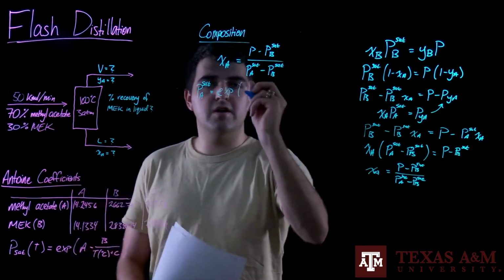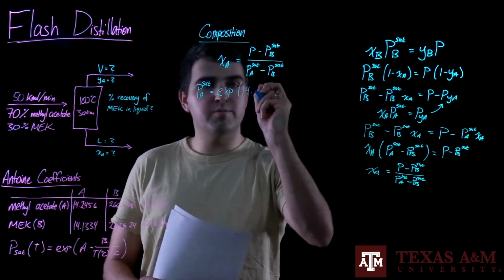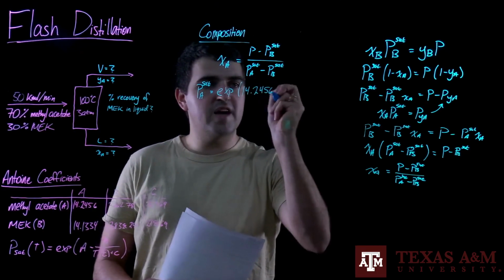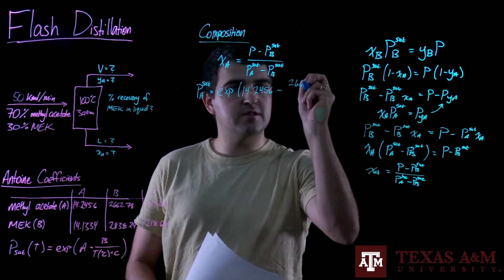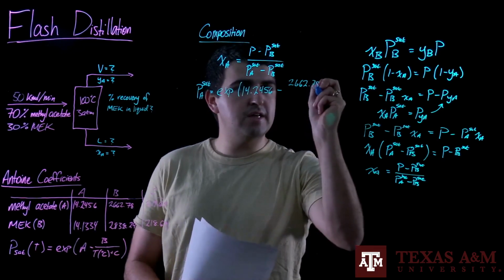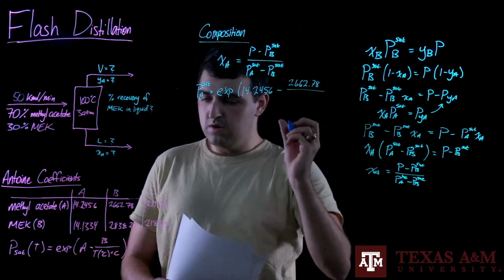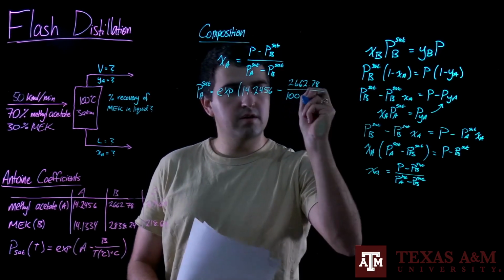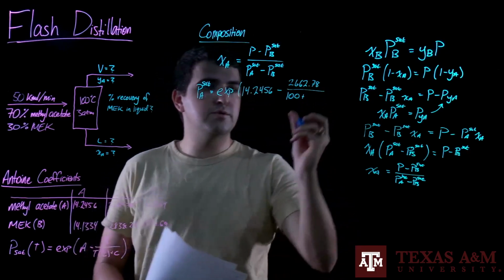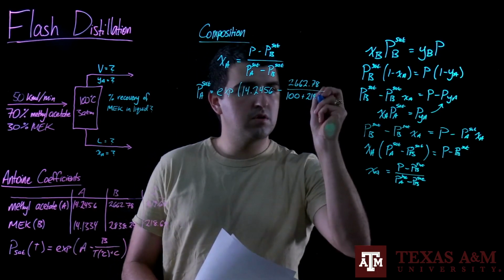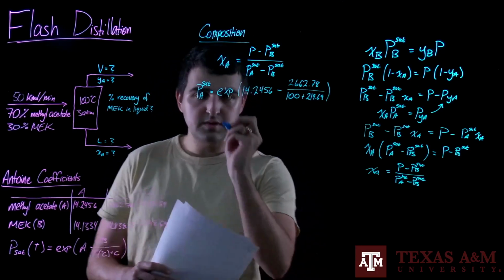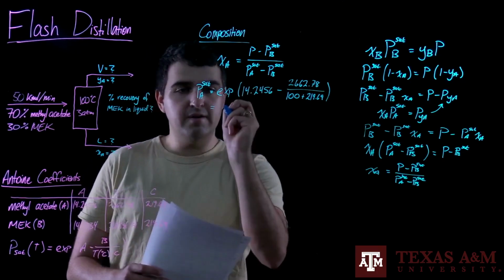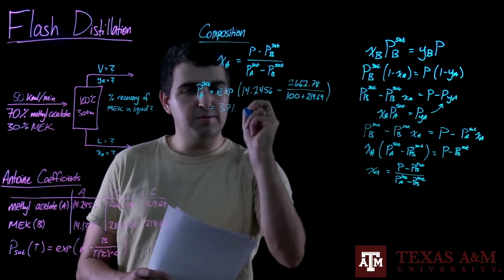We plug in our coefficients down here, 14.2456 minus 2662.78 over 100 degrees C plus 219.96. And this comes out as 37.1